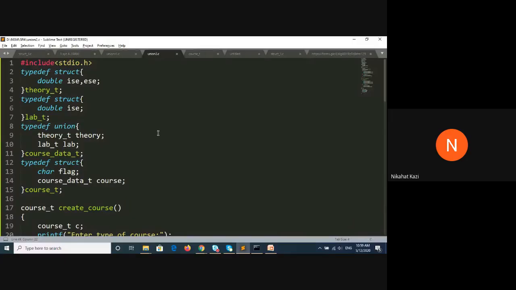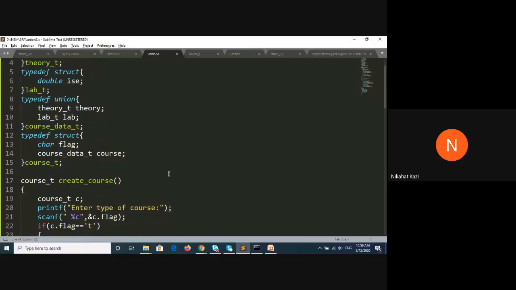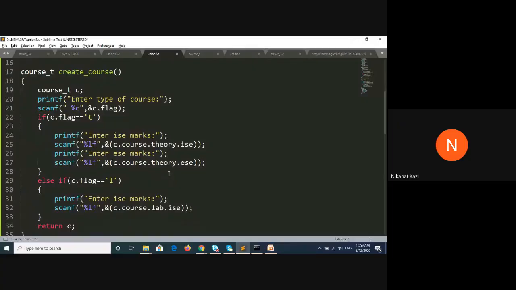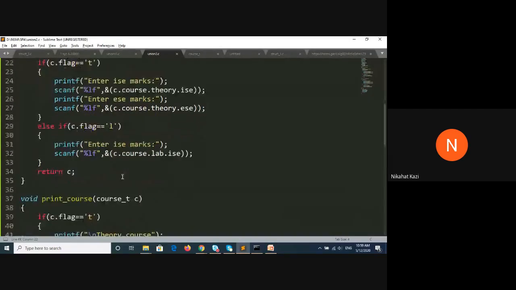So you see this. These are structures, 2 structures. Then you have the union. Then this is the final struct. Next is your create course, where depending on the type of the course, you're reading the ISE marks. If it is theory, ISE plus ESE, then for the lab marks, that is ISE.